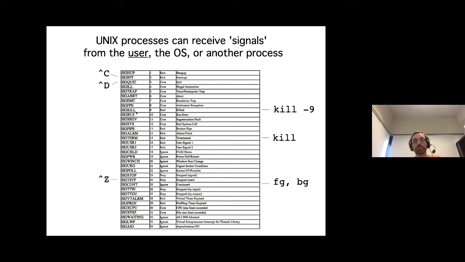So you have plenty of types of signals, and you don't need to know all the names and stuff like that. That's not important. But you have plenty of signals that you can send, and the OS can also send signals. For example, you will get a segmentation fault signal, because no, that's not possible, you are reading memory that is not available. Or something else is broken. That also will be a signal.